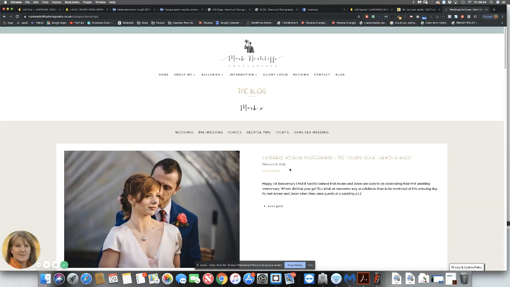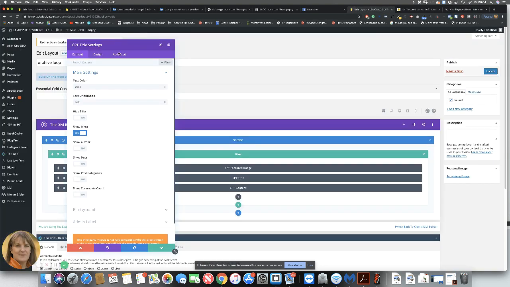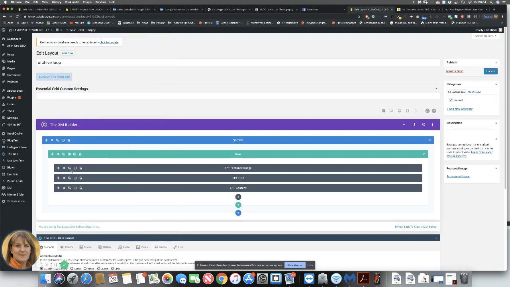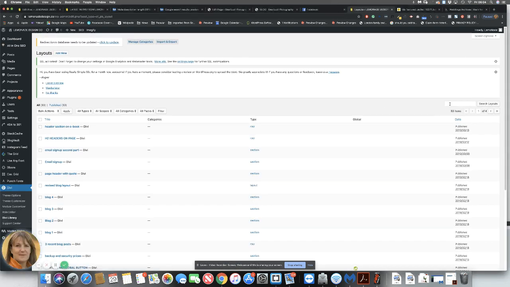I haven't got this client's open, but I will show you where that is. So what you have to do is, if you've got CPT layer injector and taxonomies, you come down to here to Divi Library, and then type in the search archive loop. There's actually two loops. One's called blog loop and one's called archive loop, and to make sure that they look exactly the same,